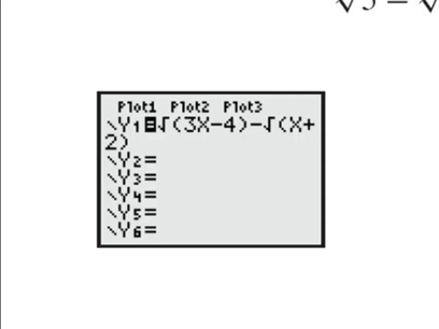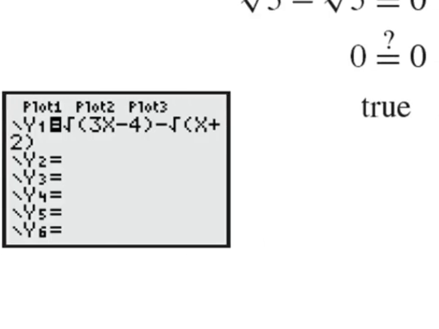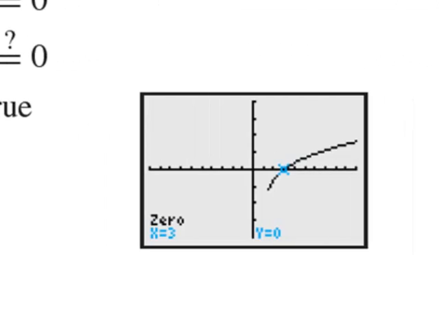To verify this using the graphing calculator, put the equation in y1 and then verify that the x-intercept is at 3,